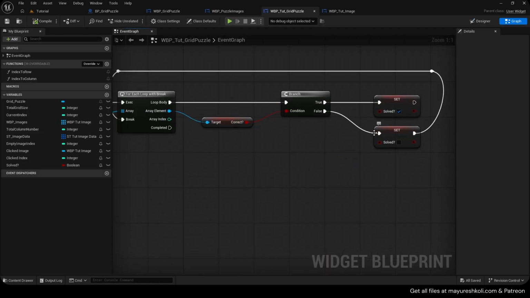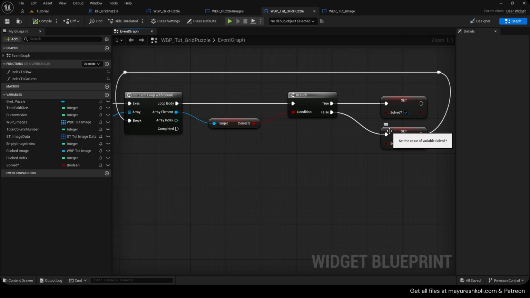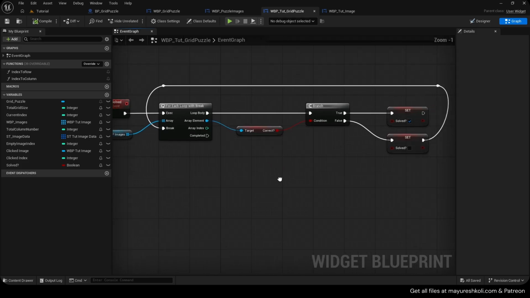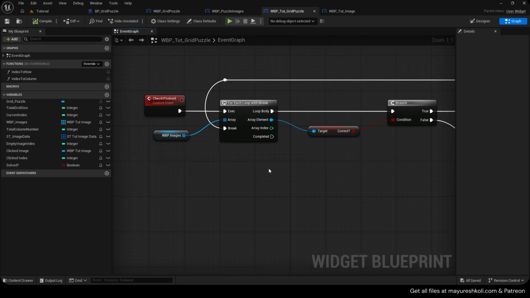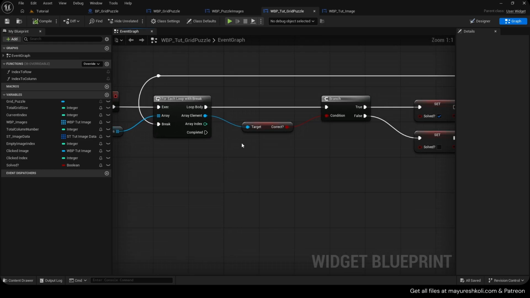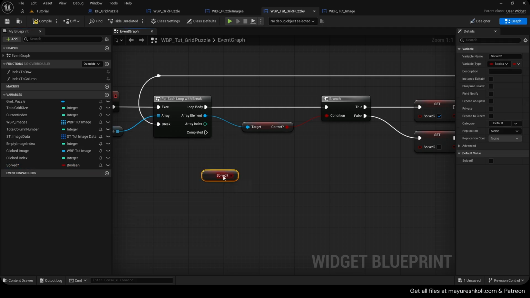So we can break the loop directly if even one of them is not in the right location. That way we can make it a little more performant, and again the loop is fast, it's not way too big, so it's okay to do a loop in here. And then on completed, we will check our solved,